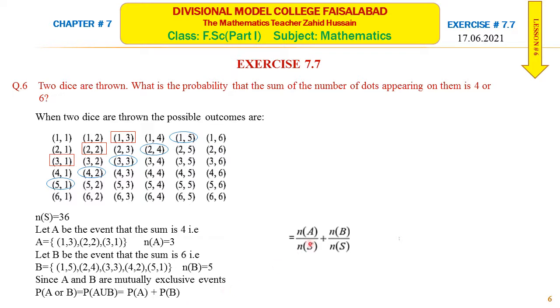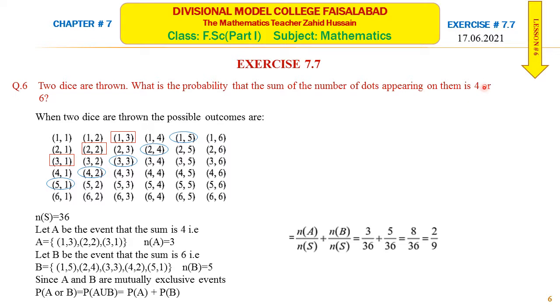And this is the formula to find the probability of A, and this is the formula to find the probability of B. Write the number of elements of A, which is 3, and the number of elements of the sample space, which is 36. So 3 over 36 plus 5 over 36. Adding these two, we will get 8 over 36, and 8 over 36, further simplifying, we will get 2 by 9. So this is how we will solve these questions in which there is the word or between two probabilities.